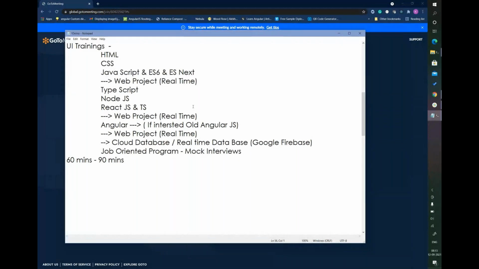Here, you are learning both, but you will have only one career path. Whether you learn React or Angular, your career path will be UI developer. That is what we will be covering here. If you have more interest in other frameworks, Vue.js is another important one, but we are not covering it in this course.